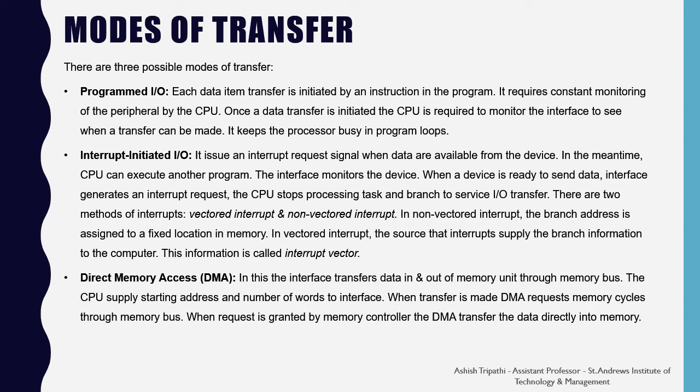So in the DMA, you can see that the CPU hands all the transfer execution instructions to the device known as the DMA. It gives the starting address to the DMA and then says that yes, DMA, you are responsible for all the input-output transfer. When the input-output transfer has been done by the DMA, it intimates the CPU that the transfer has been done and now you can further execute the instruction. So it is a proper mode of transfer in which the performance is greatly high and the CPU is kept busy in executing the normal workflows.